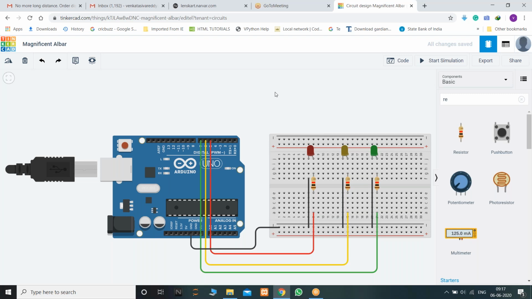Yes, fine. So what about the program? I want this red, yellow, green to be turned on with different intervals, right? So what about the program? I think someone did it. So please send me the code if it's possible, or else we'll start programming that also. No one responded with this program. Okay, let's go on for programming this Arduino.